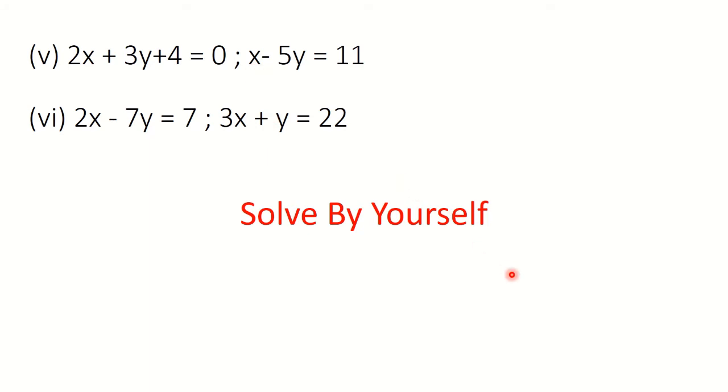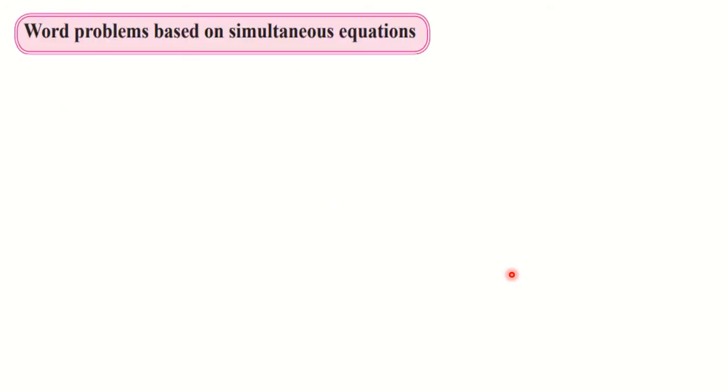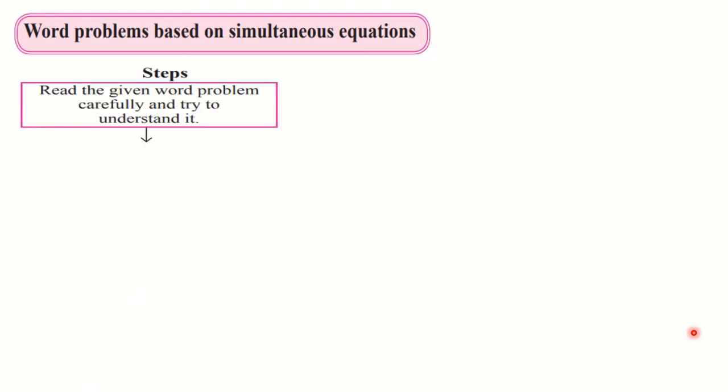Now let us go further, that is application of simultaneous equations. That means to solve the word problems based on simultaneous equations. To solve the word problems, we have certain steps. If you follow those steps properly, then it is possible for you to solve the word problems very easily. Once again I am telling that the word problems are going to appear again in 10th standard, so this chapter is very important. Try to understand it. Now we are going to see those steps. As a flow chart I am showing you the steps. The very first step is what?